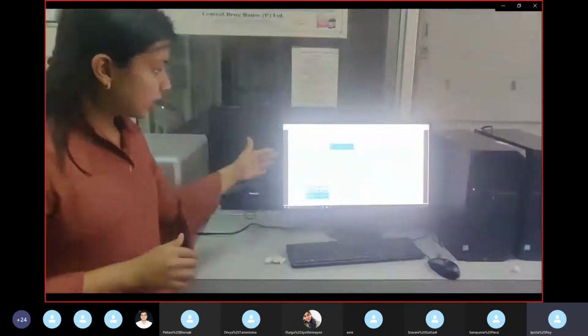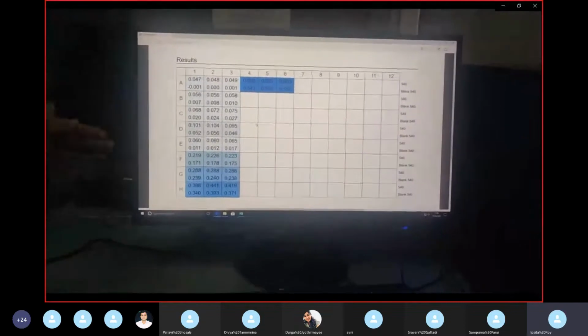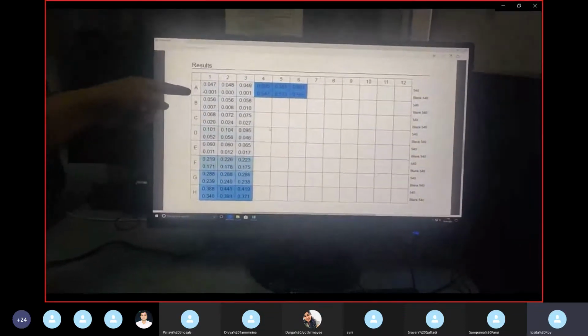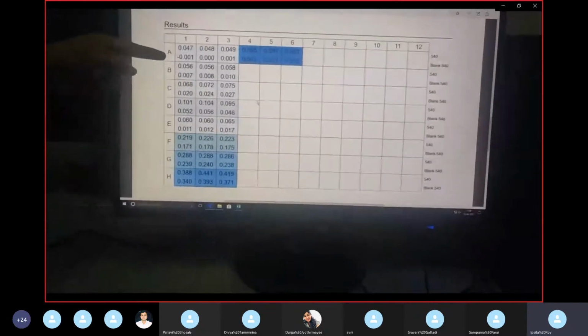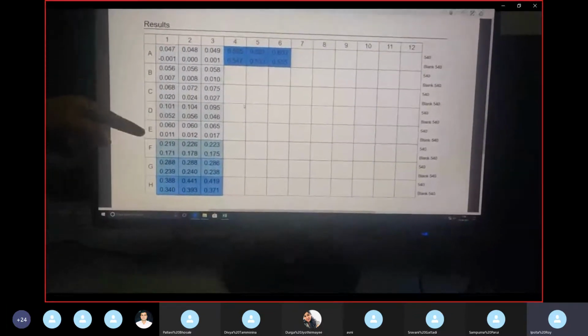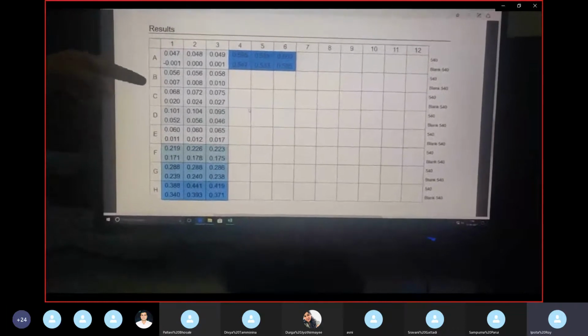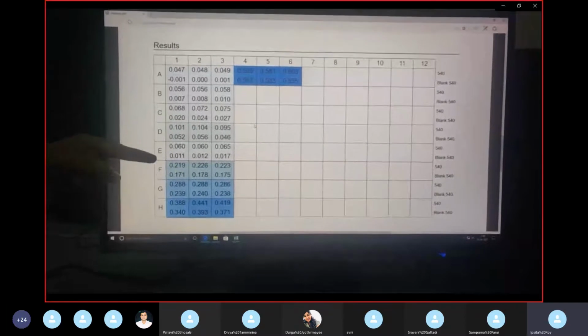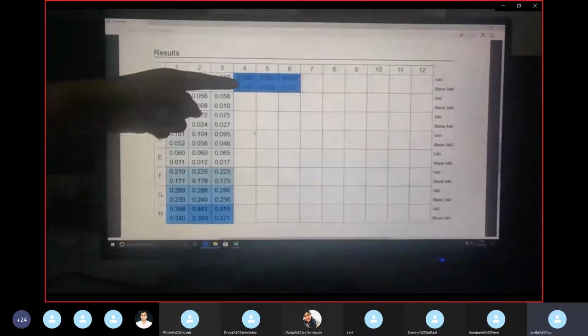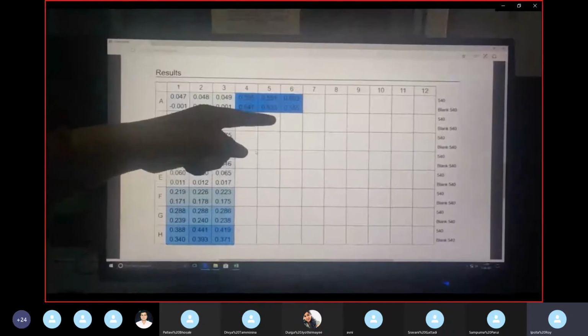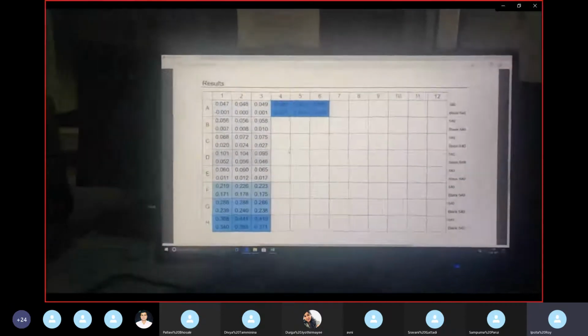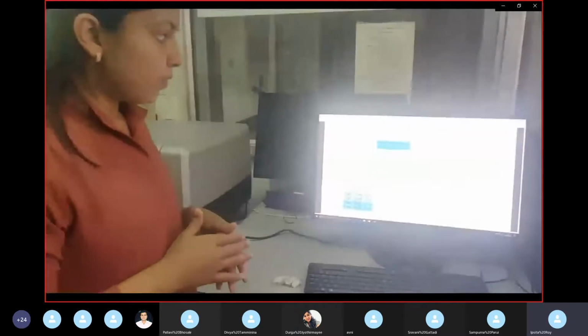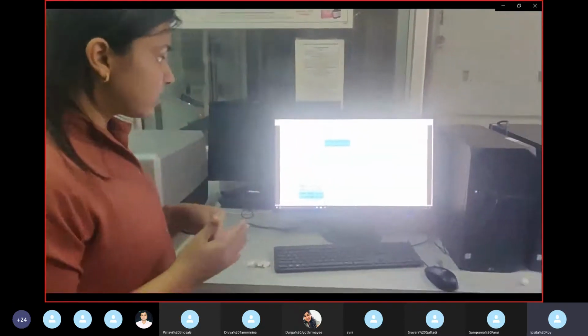I have measured the absorbance of each of the reaction mixtures at 540 nanometer. As you can see in the reading, this is the blank, so the reading obtained for the blank is comparatively less. As the concentration increases, the reading also starts increasing. This is 50x dilution. In this the concentration of maltose is less, so the reading is also less. As the concentration increases from 50x, and this is 10x, this is 5x, this is 2x. 2x contains the highest concentration of maltose, so the reading obtained for 2x is highest. This is because the maltose reacts with DNSA and forms 3-amino 5-nitrosalicylic acid. As the concentration increases, the reading also increases.